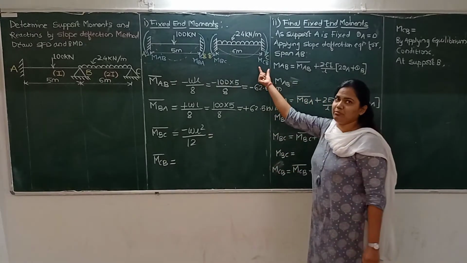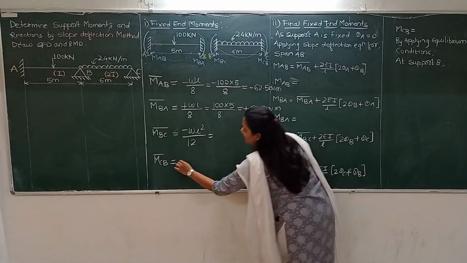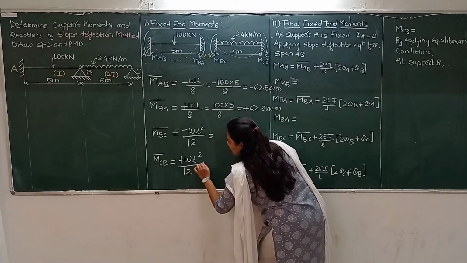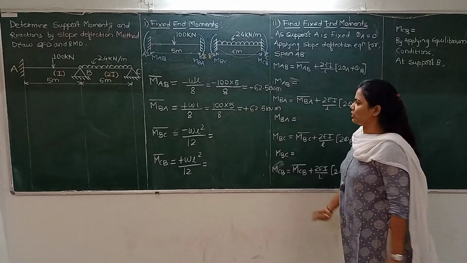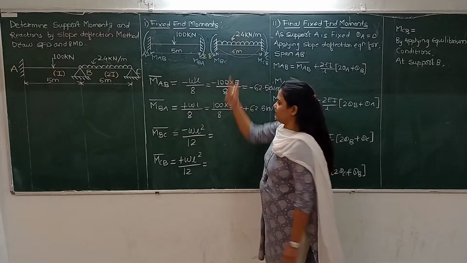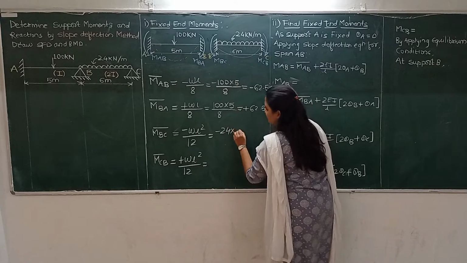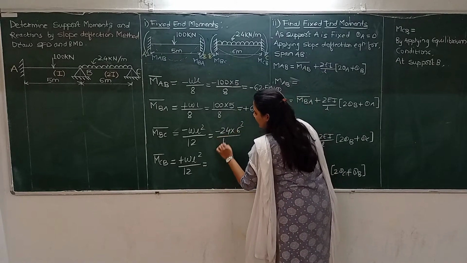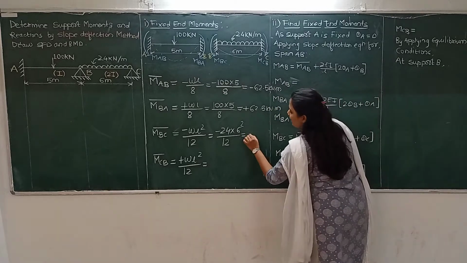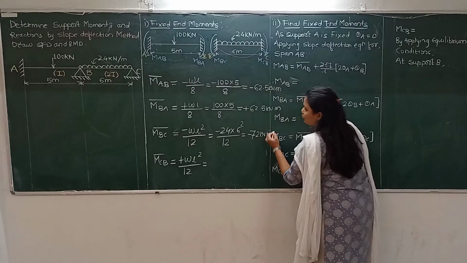And another fixed moment is of the same magnitude but opposite in direction, so the value will be positive, that is plus WL square by 12. So let us find out the value. The value of W, that is intensity of load, is given as 24. So minus 24 into length, which is 6 meter, 6 square divided by 12. When you calculate this value, you will get minus 72 kilonewton meter as the fixed moment